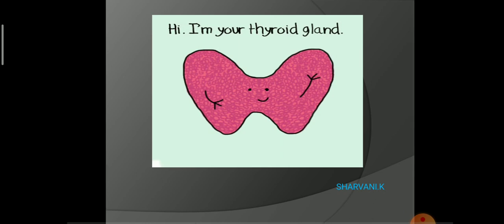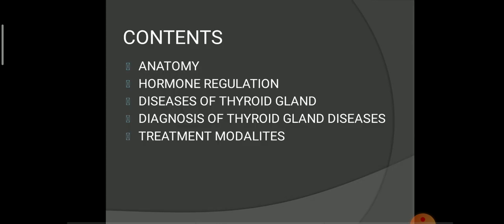Today, let us discuss an important endocrine gland which maintains the basic metabolic rate and also regulates the temperature of the human body. The gland's abnormalities may have an effect on other systems in our body too. The gland is the thyroid gland. Let us discuss the anatomy of the thyroid gland, hormonal regulation, diseases of the thyroid gland, diagnosis of the diseases